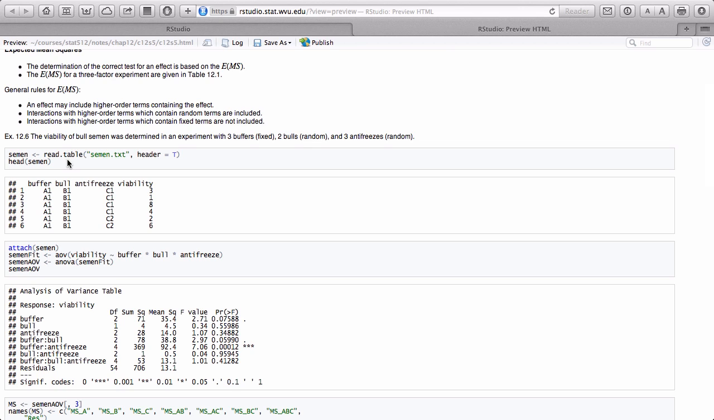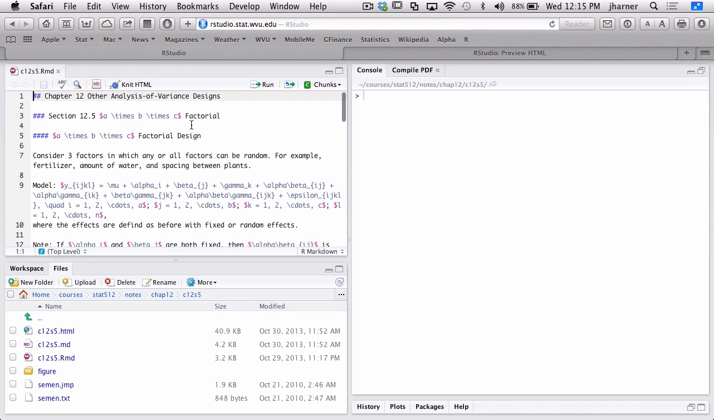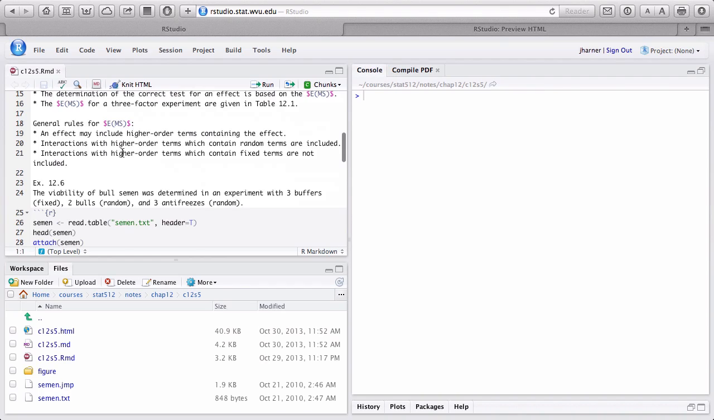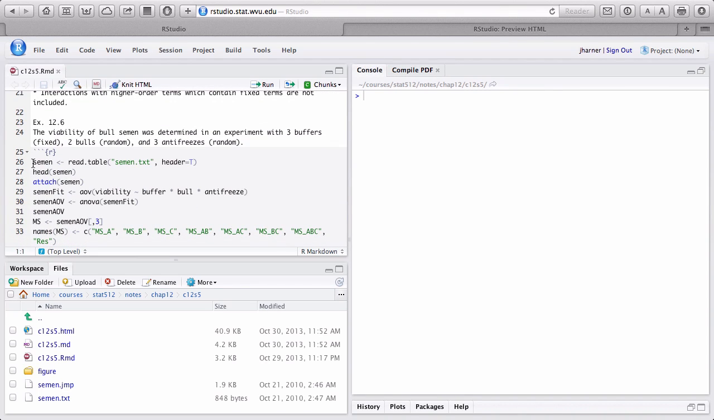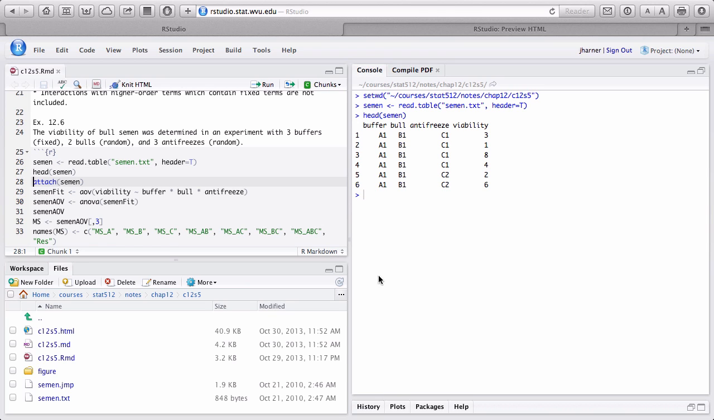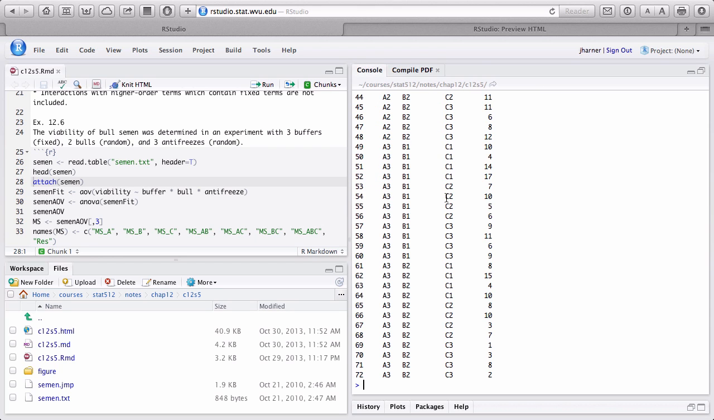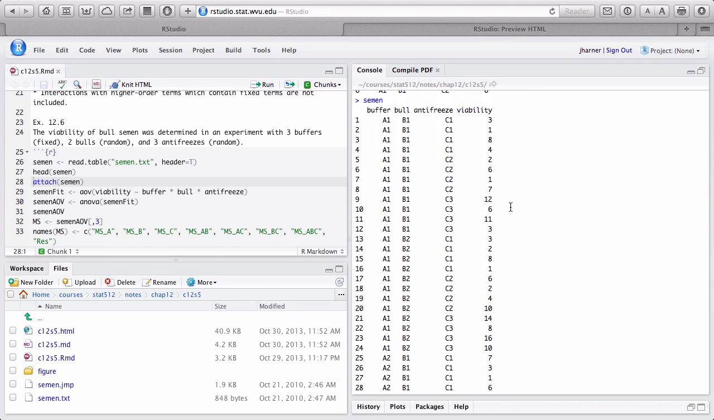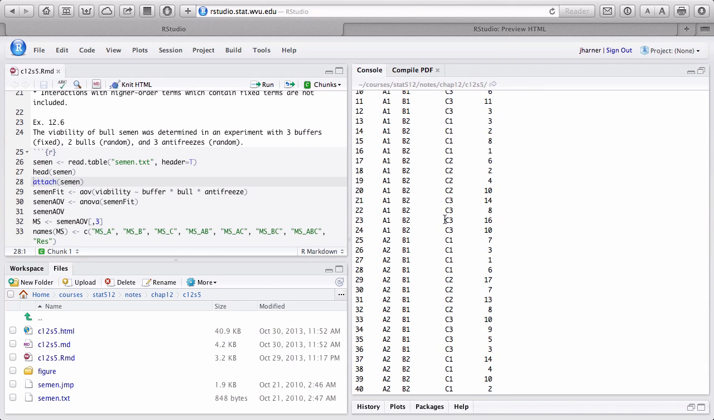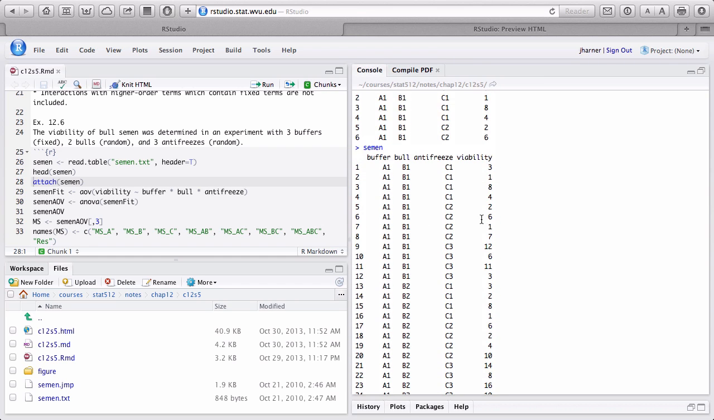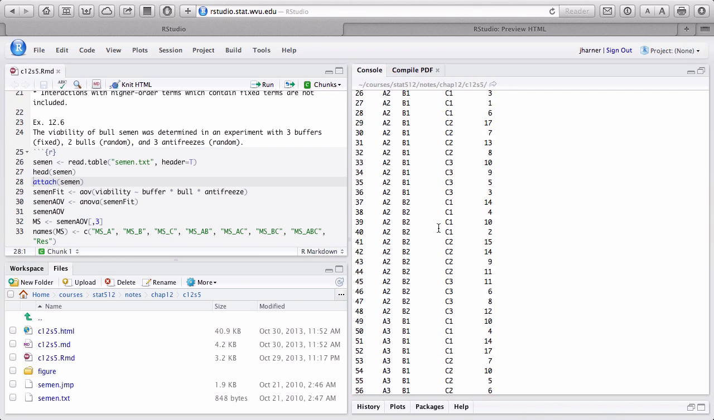so I will maybe do that. So if I read, am I in the right spot? Yeah. I may set this to working directory. So if I read in the file, which I've named Seaman, and if I look at the first 6, but actually if I look at everything, this is what it looks like in a tabular form. Now notice we're repeating everything because we have to get all possible combinations,